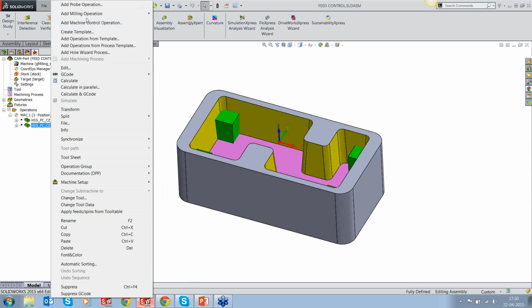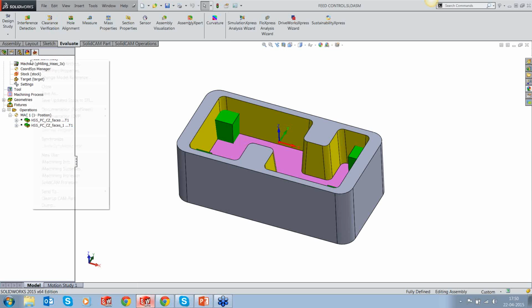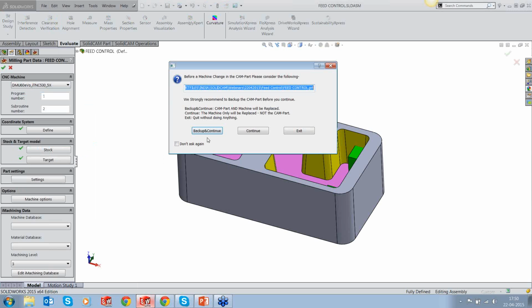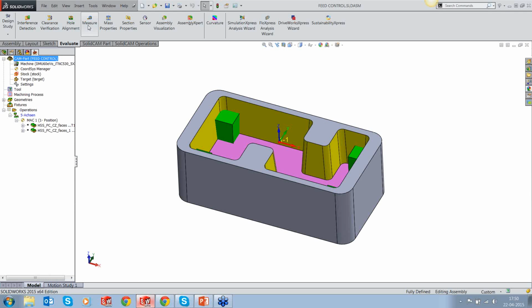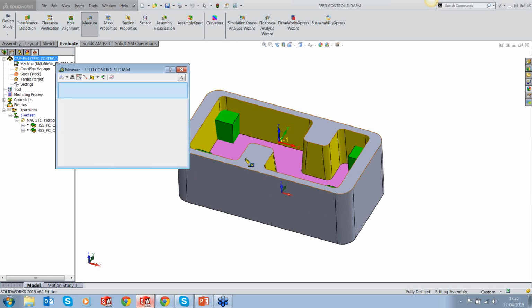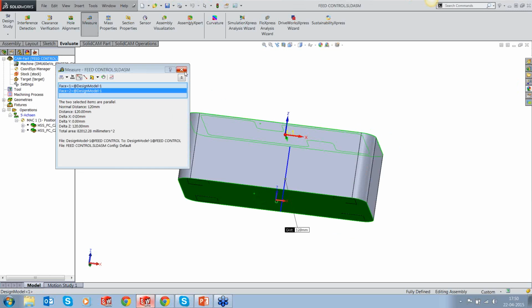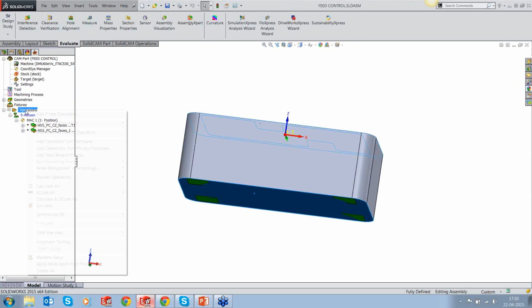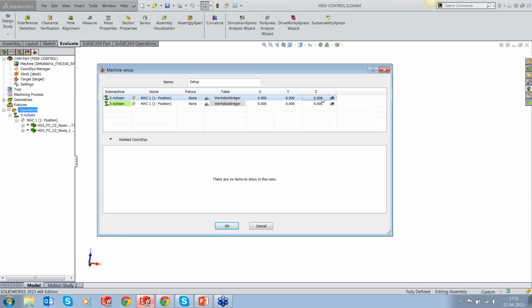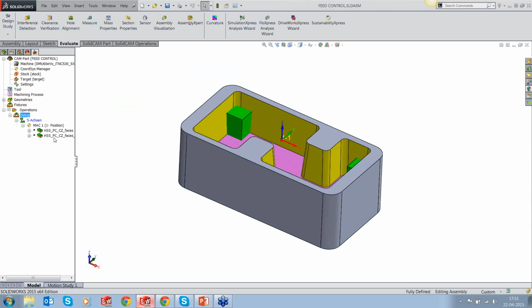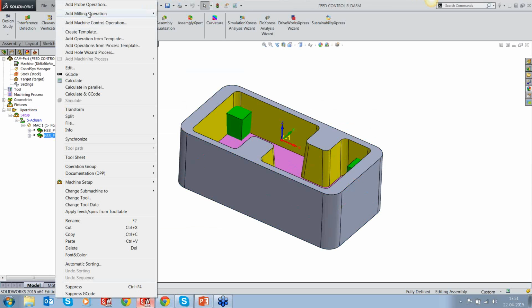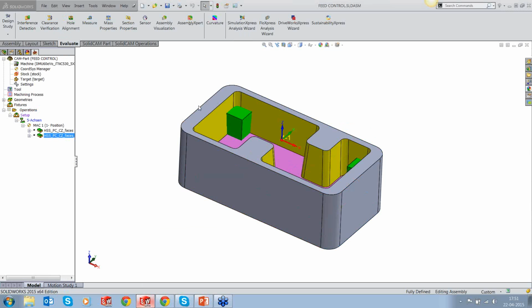So I'm going to add. Okay, let me change the machine. Okay, continue. Yeah, and let's measure the height so that I can put that in the setup. It's about 120, so I'll create a height of 120 so that it moves up by 120 millimeters for my machine simulation. And let's add Swarf